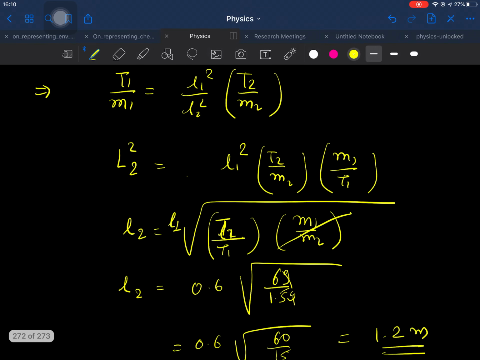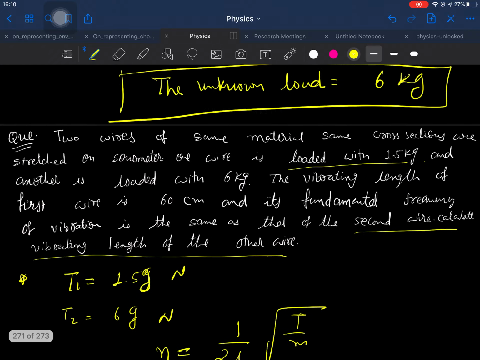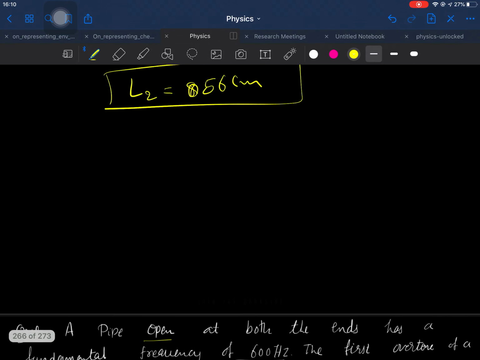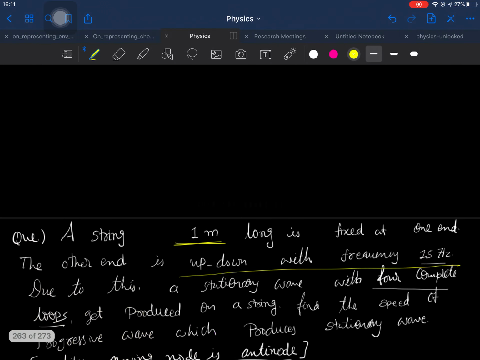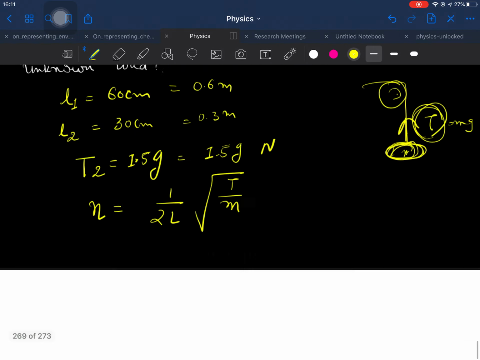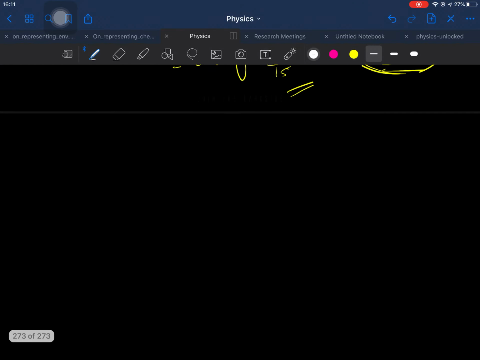So this is how you do the numerical for the sonometer, and you will actually do this in the lab, but for the sake of completion I did it here. You must have understood from this numerical that you must know the formulas, otherwise it is not possible for you to directly grab the fruit. You have to work it out. Fine. So in the next video lecture we will discuss 2-3 numericals for the beats.